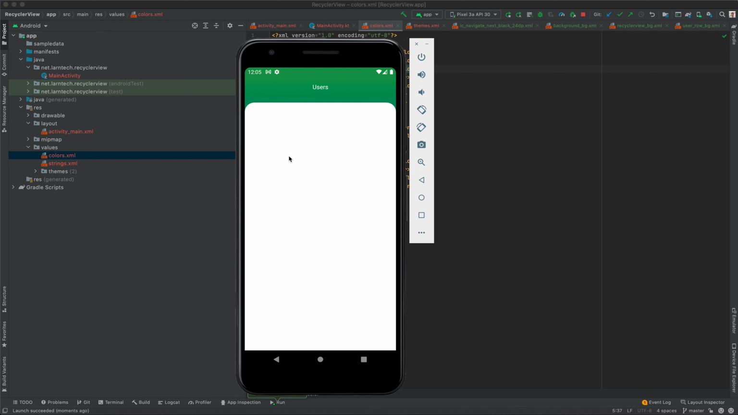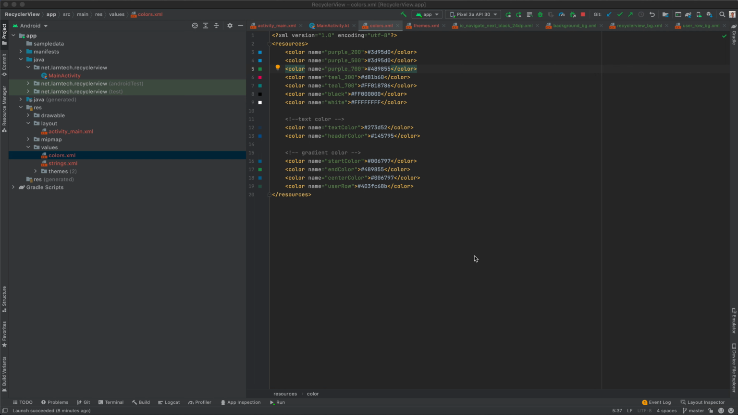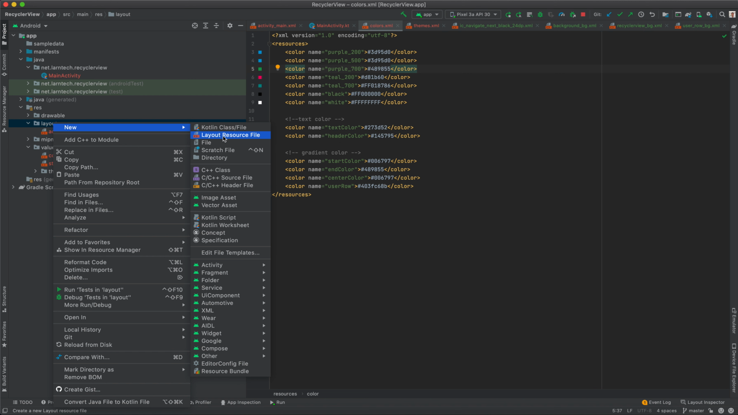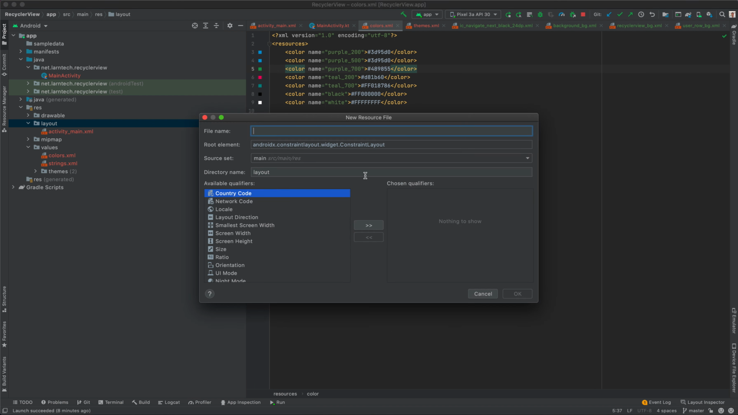Now we are going to create this row user here. Let's go back. This one will hold user information. Let us now create our row users. So I'm going to have layout new, and then I'm going to define a layout resource file. So this I'm going to say row